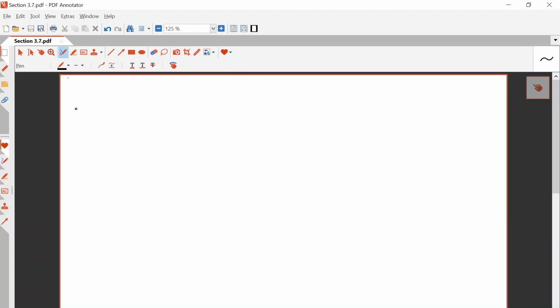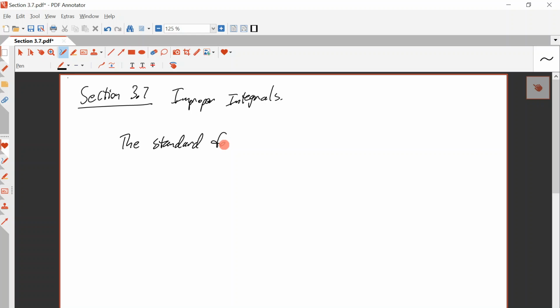Hi everybody, this is our lecture on section 3.7 on improper integrals. So the standard form of an integral